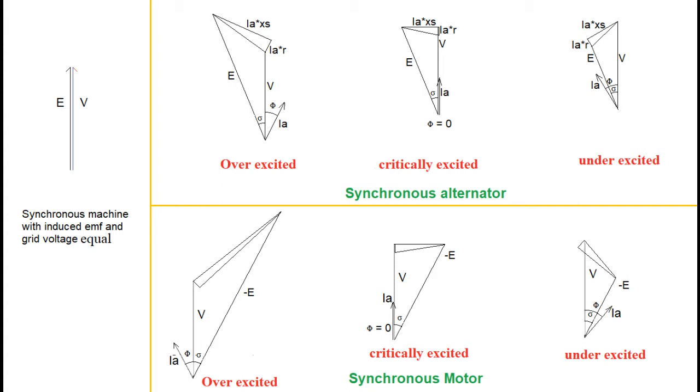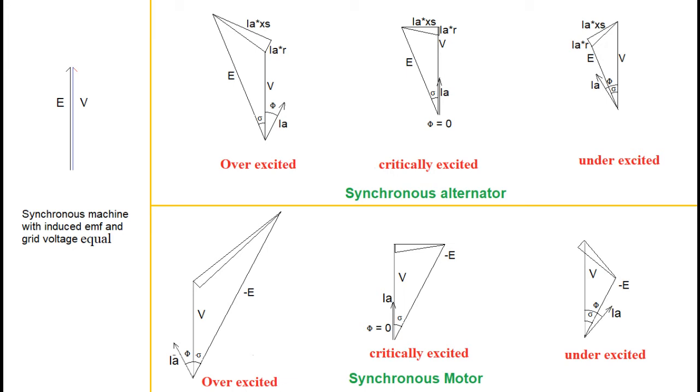If the machine is supplied with mechanical power exactly sufficient to cope with mechanical losses and excitation is tuned to critical excitation, that is neither underexcited nor overexcited, then the machine is said to be working in floating condition. The corresponding phasor diagram is shown on the left side of the slide, at left of the yellow line. Since load current is zero, the magnetic poles usually created by armature current would be absent, hence no magnetic locking.